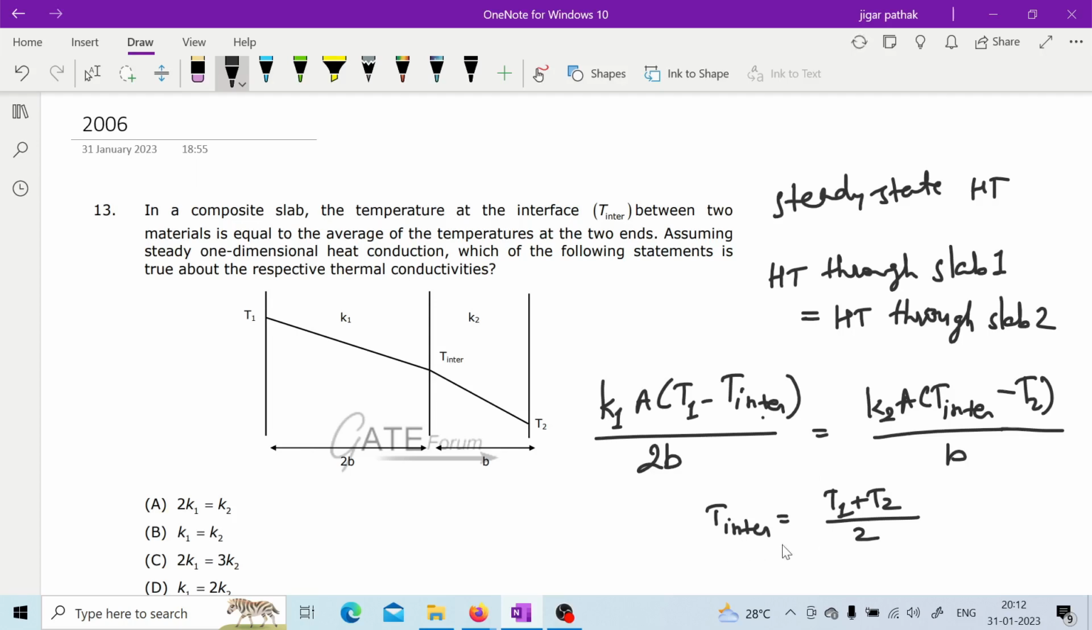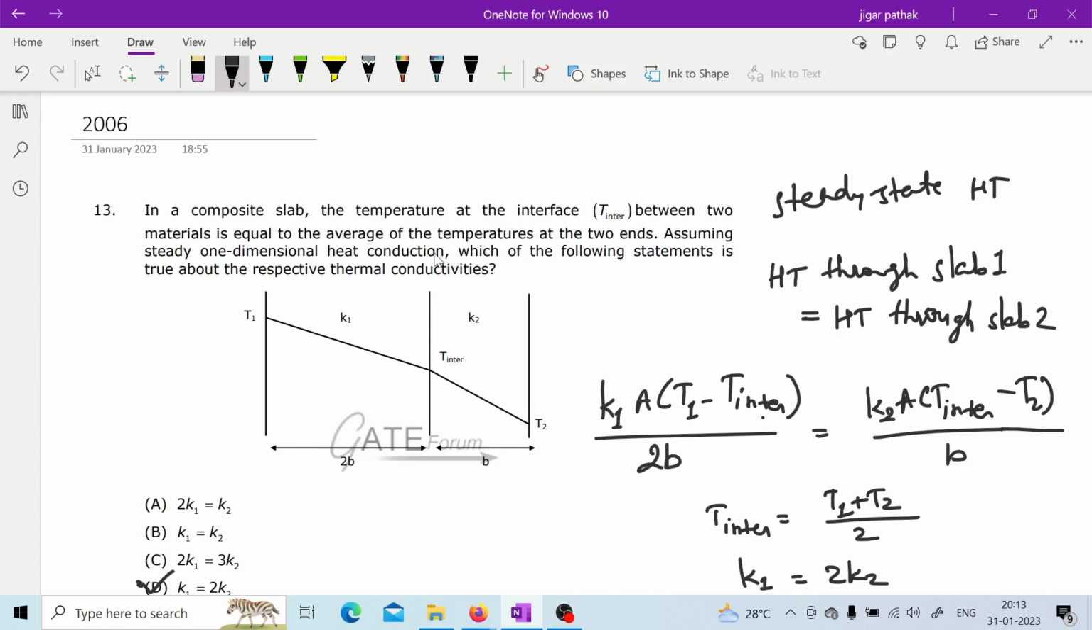Yes, sir. Here T inter is T1 plus T2 by 2 is given, right? Because it is assumed that this is the average temperature at the two ends, right? So once you put all these values, you will find K1 is equal to 2K2, sir, right? In your opinion, sir, in GATE, we shouldn't solve this kind of problem as per assumption, as I have observed? So, could we answer it directly, or would you prefer to go for